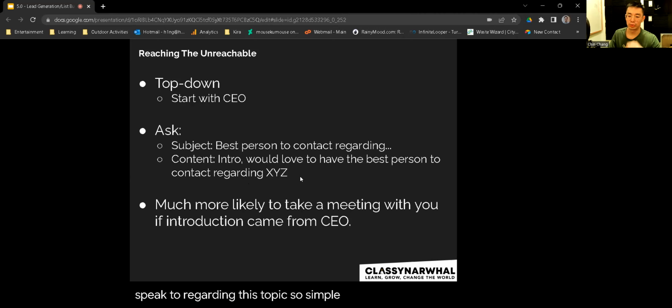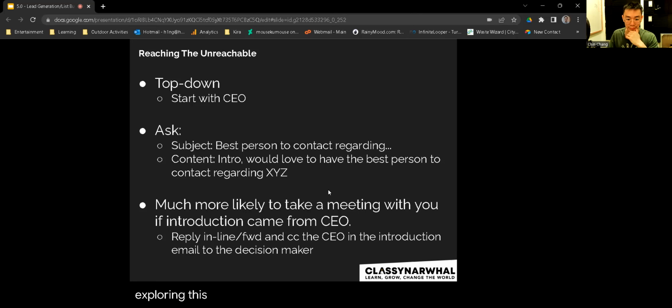So simple and short. And obviously, if you get referred, then you want to include that person under the CC, if it's an email, because they are much more likely to take a meeting if there's pressure coming from above, and they know that their superior is interested in actually exploring this.